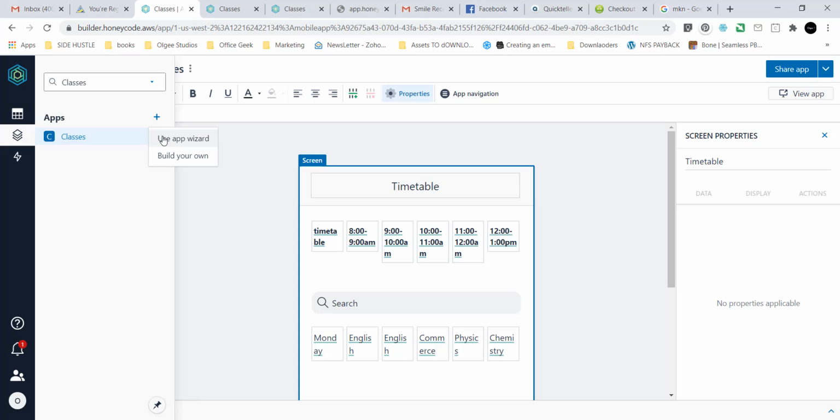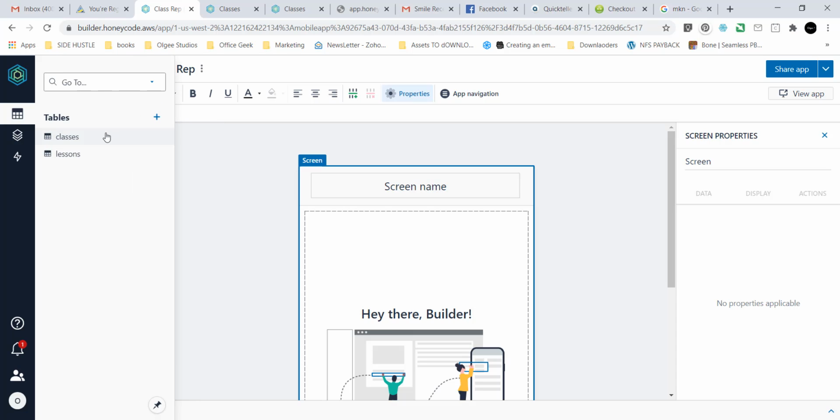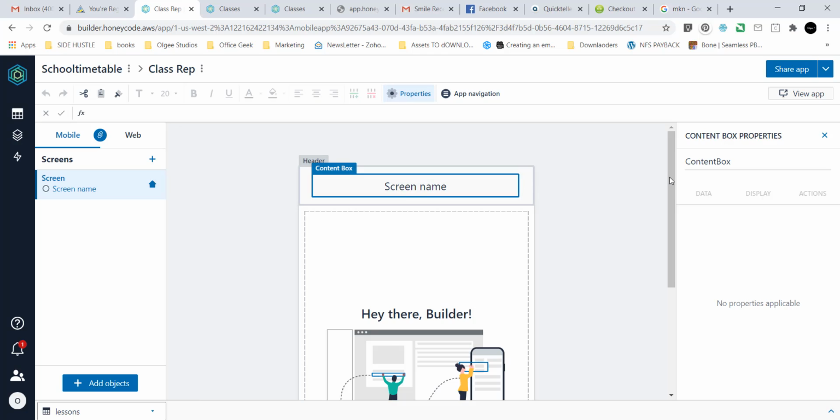But I want to do something for the class rep user. I want to do a new app for the class rep. And we all know the class rep here is the one that updates the timetable. I don't know how, but that's what my class rep did when I was in school. So I'm going to name this screen, double tap,